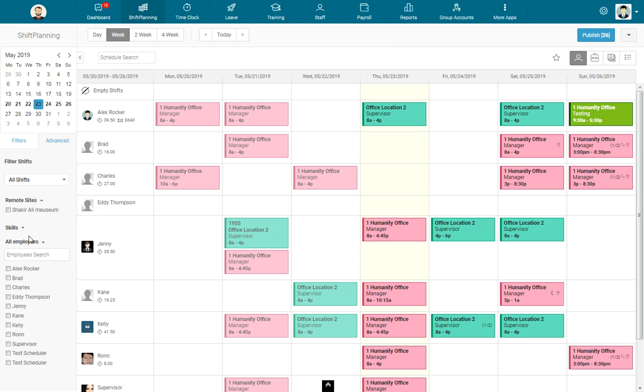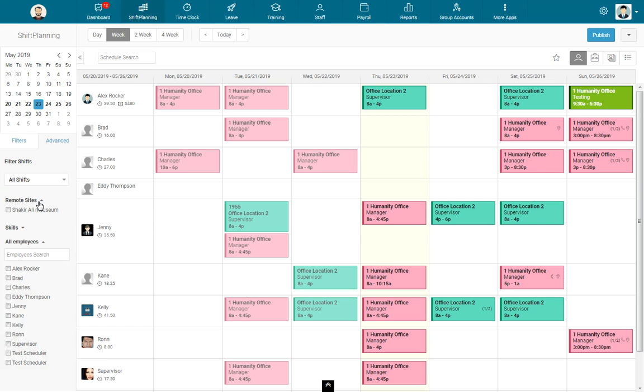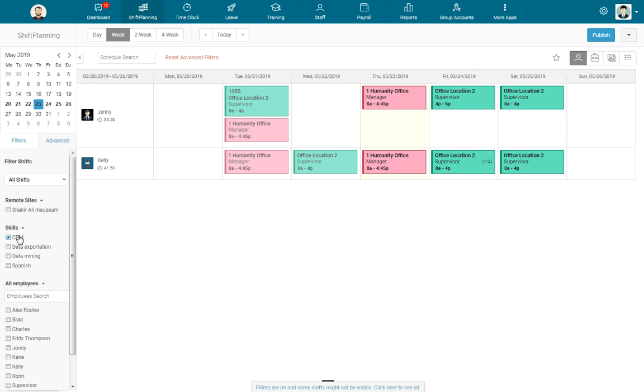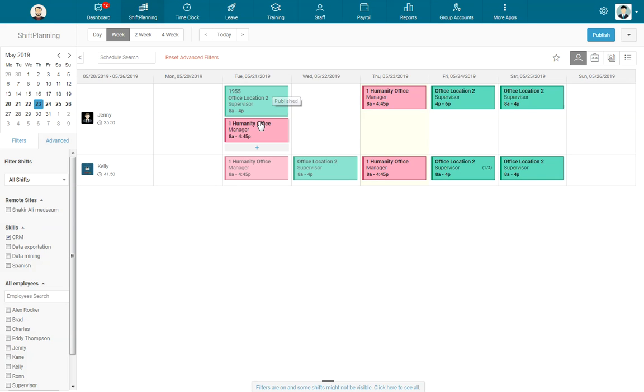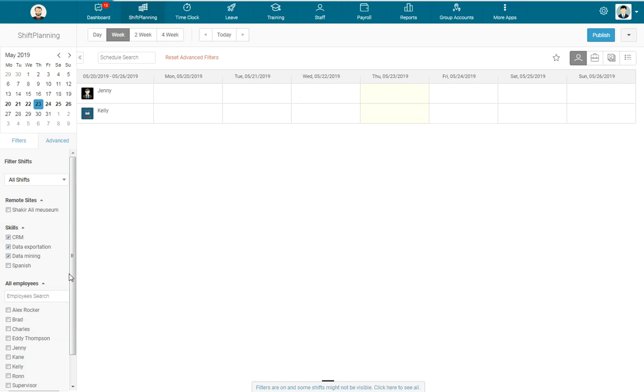Advanced filters, going back in. Remote sites, Chocolate Museum. So, yeah, I believe that we have a good figure of schedules where people required to work on a remote site are now also available. Going ahead and checking that. If we need people with specific skill sets, we can also filter them out using the skills feature, the data mining, the data